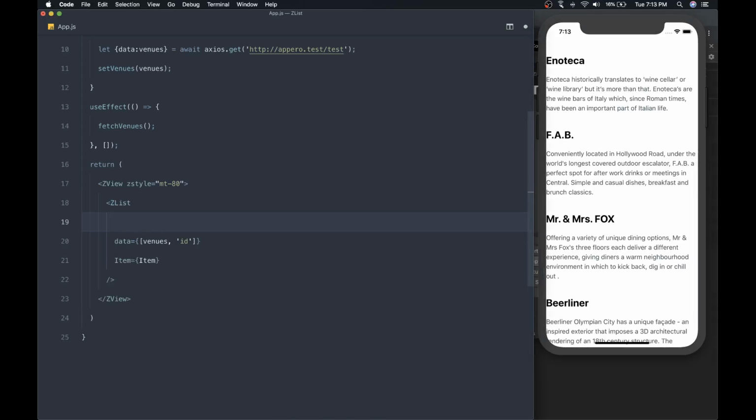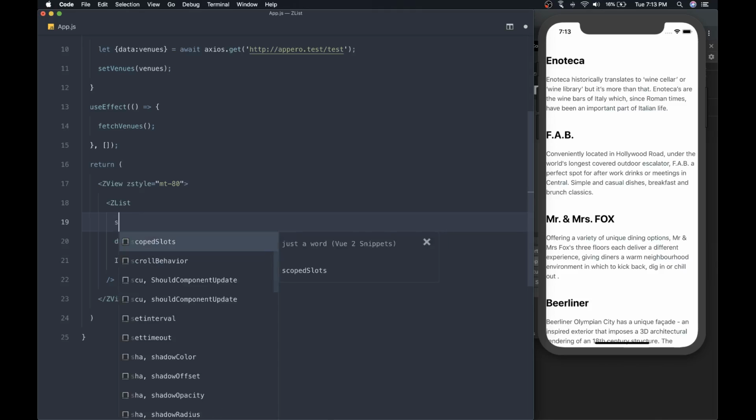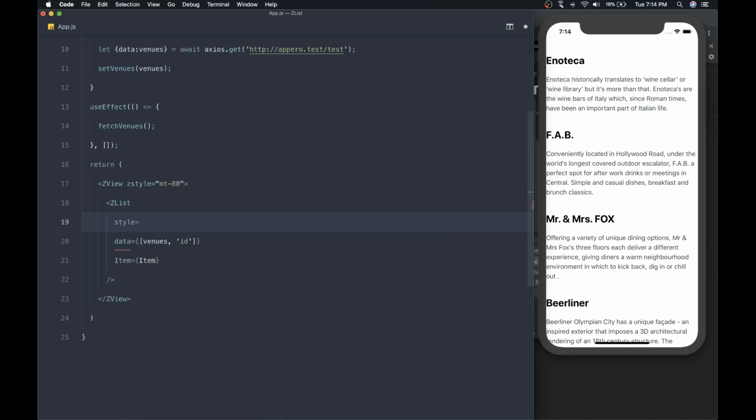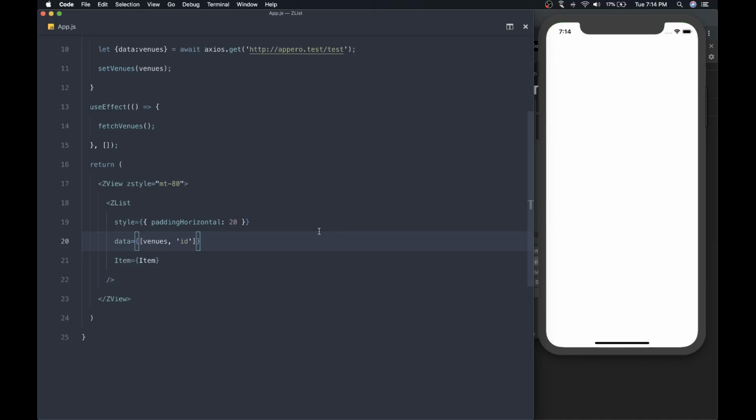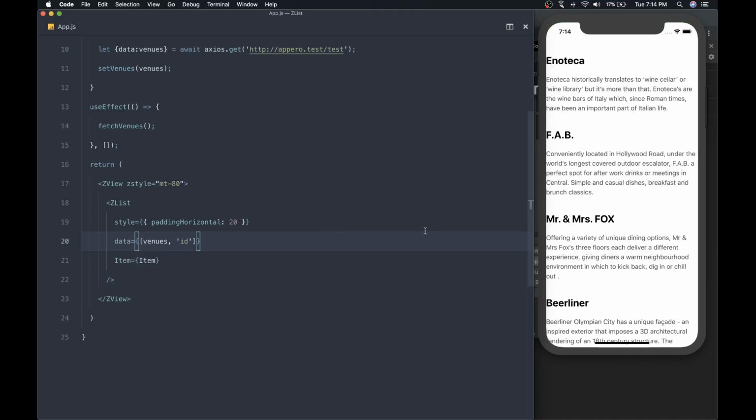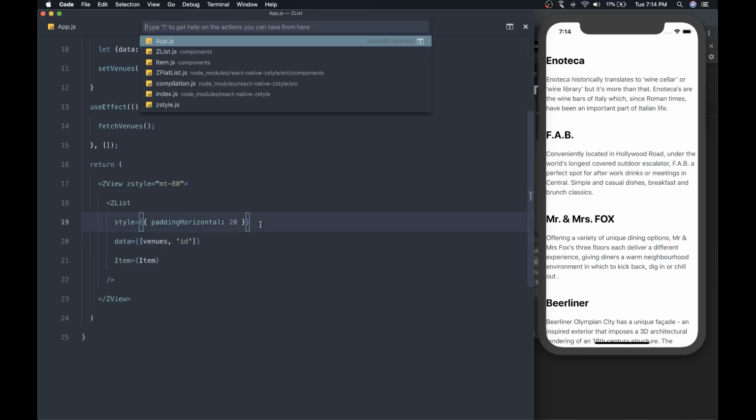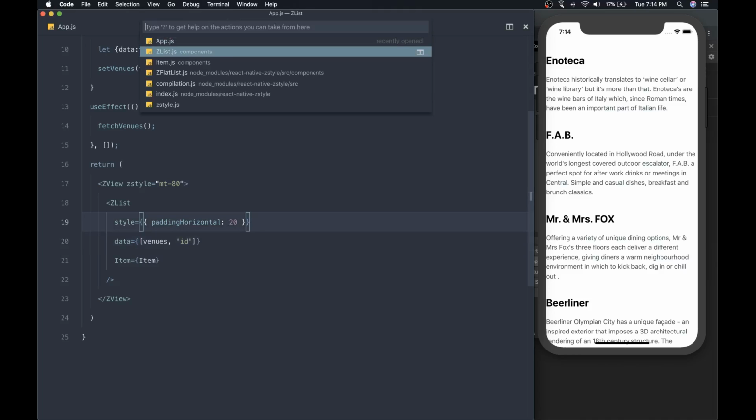And basically what I want to do instead, is adding the style to the FlatList directly. So that will be traditionally something like that with some padding horizontal of 20 pixels units. I'm doing that. Does it work? No, it doesn't work, because if I go to my ZList component here,